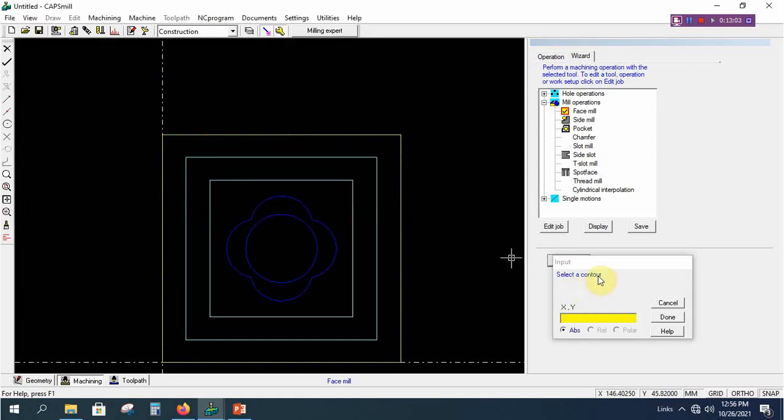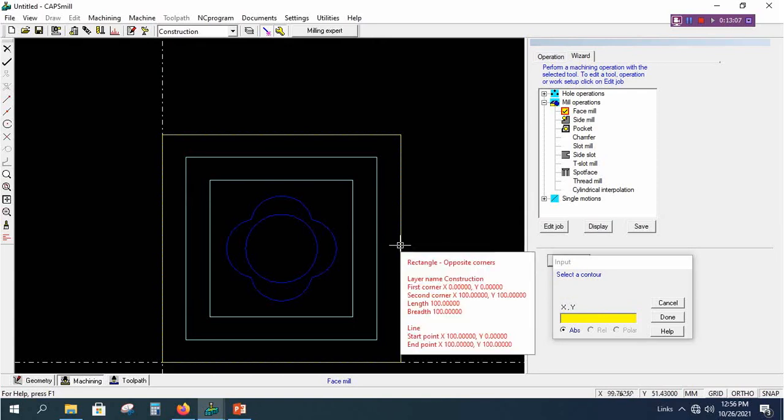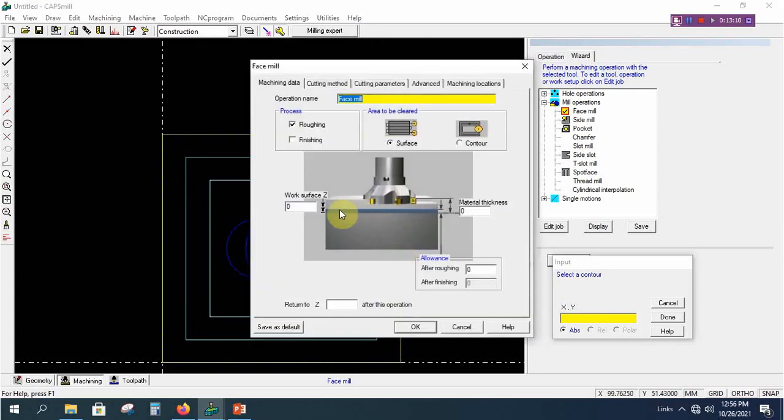Say select on a contour. Once a tool is assigned, click on the boundary, enter the values. Say total thickness, how much to be reduced? 1 mm. We have given 41 mm thickness, total thickness. So 1 mm will be removed. After that, the top surface will become 0. That means the top portion will be Z0. And safety height. Once operation is completed, the tool will be coming up to 50 mm height for safety precaution.